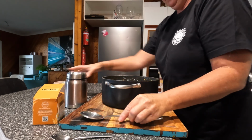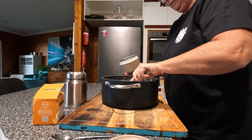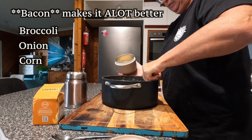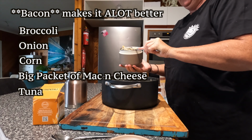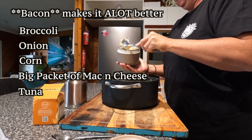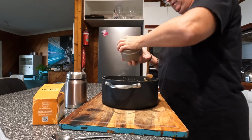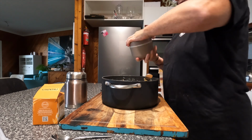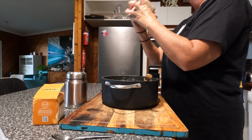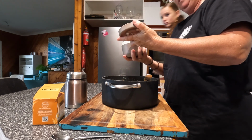This has been one of my go-to meals for absolutely ages, and I just started basically with broccoli, onion, corn and tuna, but I really think that this one didn't have as much flavour or much body to it because I added the mushroom, which was watery, and I added the cabbage, which was a bit watery, and I feel like I also overcooked the pasta. So if you're going to make this, you could keep those things in mind to only cook the pasta for